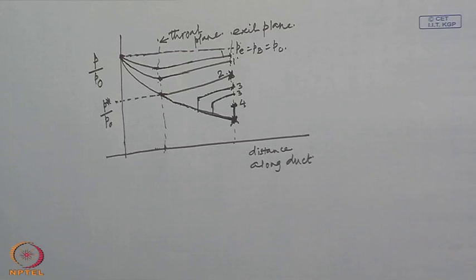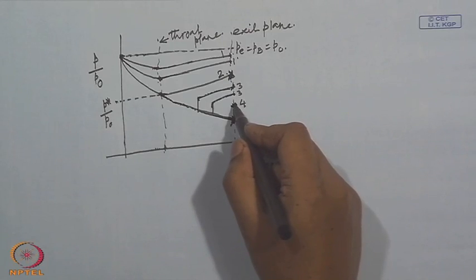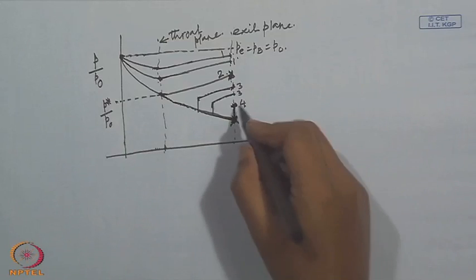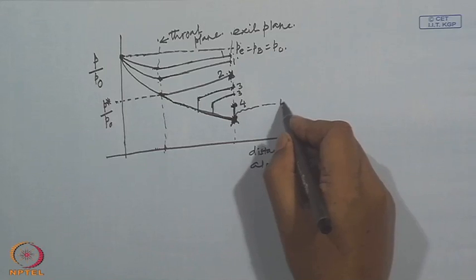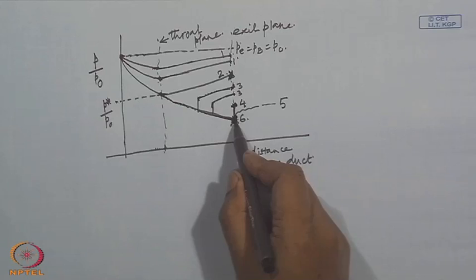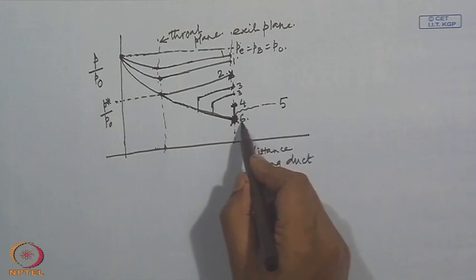However, oblique shock will develop from the lip of the nozzle, and they will interact in the jet downstream. Through repeated interaction between the oblique shock and expansion waves in the jet downstream, the ultimate pressure will be established. This we call 5, and this level we will call 6, and any pressure level below this full isentropic expansion level, denoted here by 6,